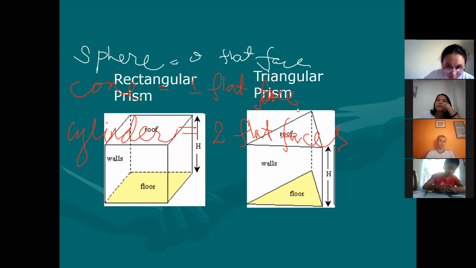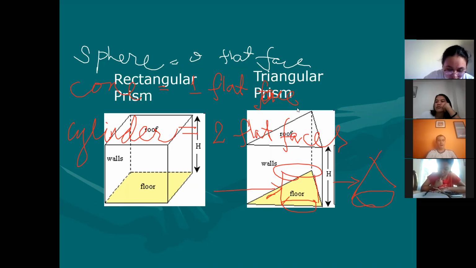But these flat faces, class, of a cone and the cylinder are the ones that are located in the bottom and the ones that are located on top. But their lateral faces are not flat. Instead, the lateral faces of these figures are curves. So if prisms and pyramids are collectively termed as polyhedra because they have flat faces, for those which have curved lateral faces, the collective term given to them is blank. It starts with C and O followed by blank, blank, blank, blank.